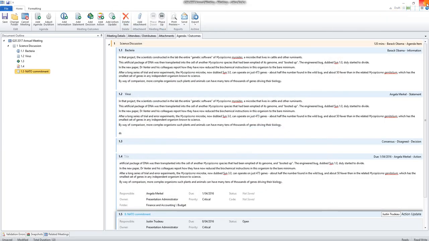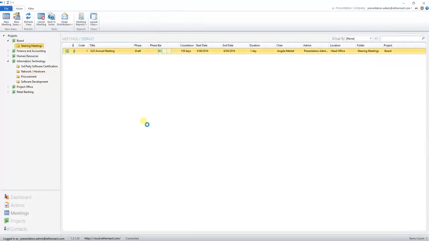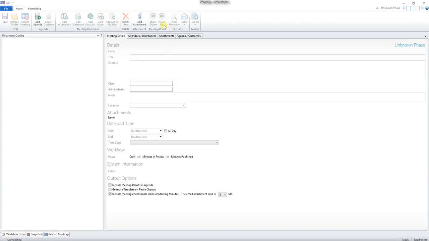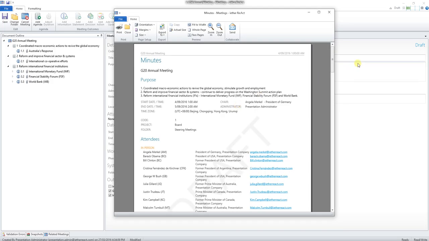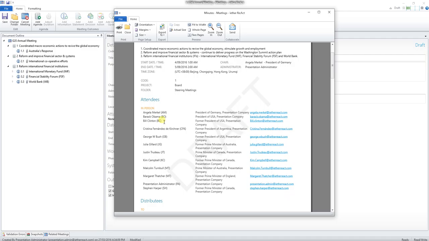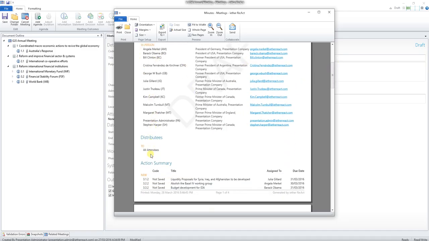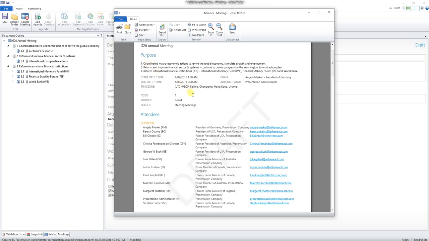Now, let's go look. I'm going to discard that for now. Let's go look at an already pre-populated and complete meeting. So look at the G20 annual meeting, and we can now see the full minutes, who's been asked to come, they're attending in person, what the purpose of the meeting is,